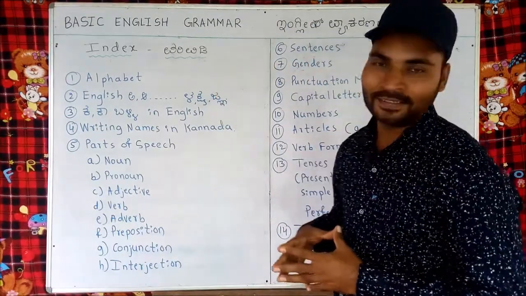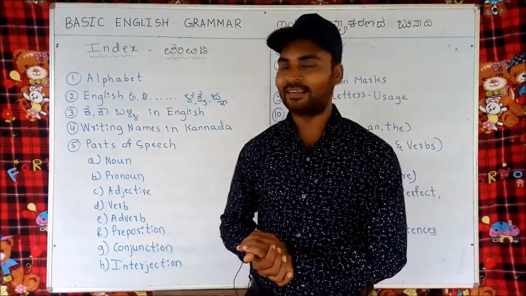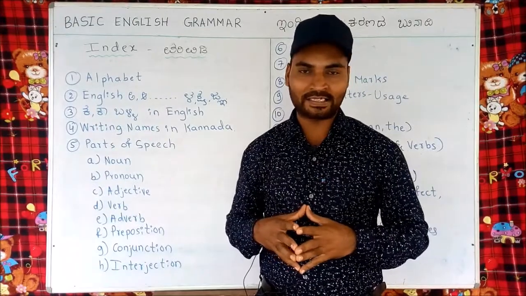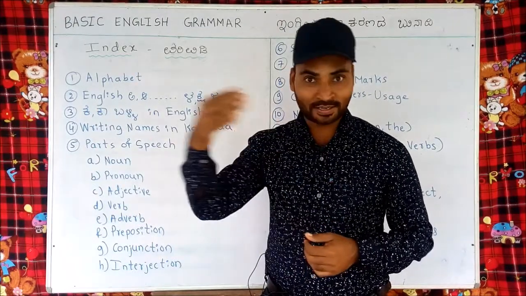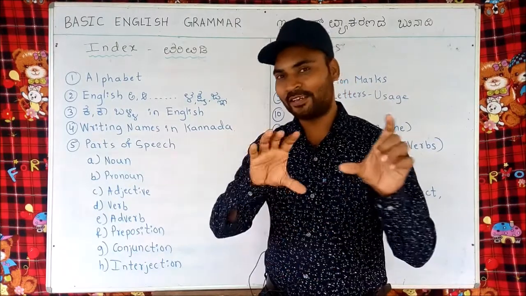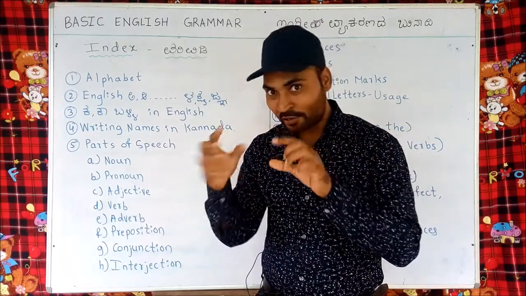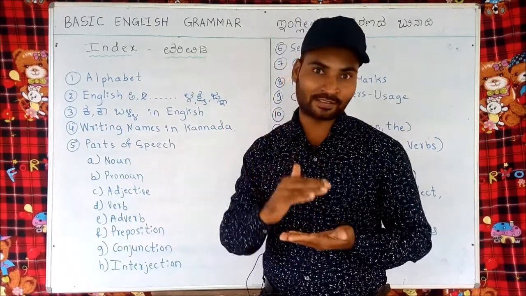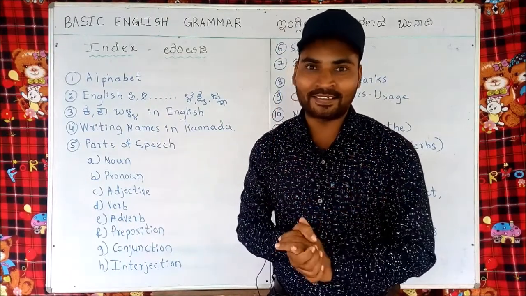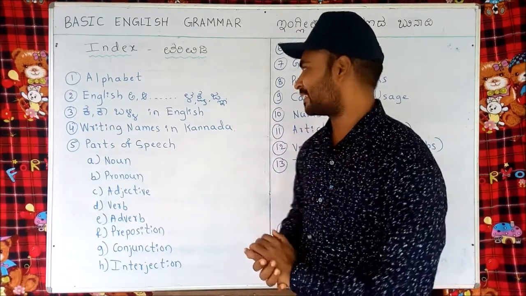First one, alphabet. Alphabet is nothing but English ABCD, capital letter and small letter. And we follow a 4-line pattern while learning the English alphabet. Capital letters, we write them in a particular way, and small letters, we write them in another particular way. Which letters come in the middle of these 4 lines, and which letters take upstroke and which letters take downstroke. It's a very interesting topic. The lesson alphabet, we learn it as a first lesson.